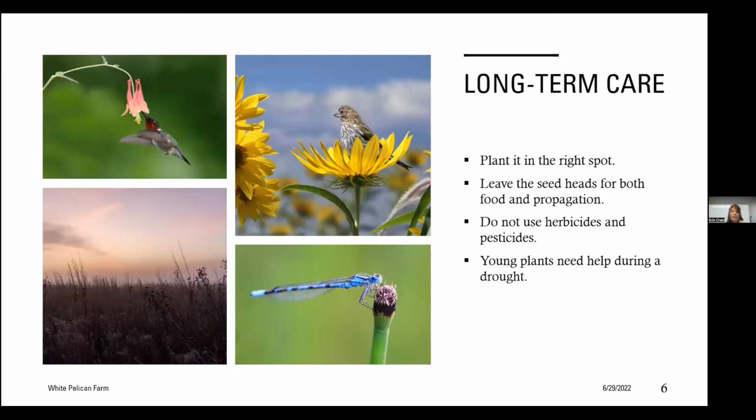The most important thing you can do for a native plant is to put it in the right spot to begin with. So light, moisture, and soil conditions are important, but they don't have to be perfect. And any responsible grower will be able to work with you to help you find the right plants for your conditions. And there's loads of information online that can help you